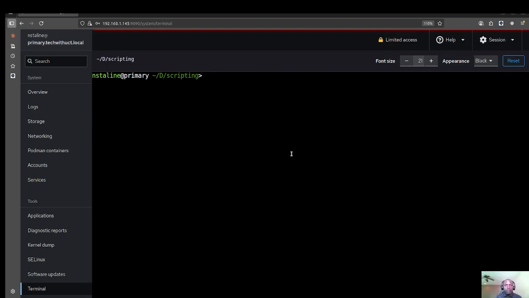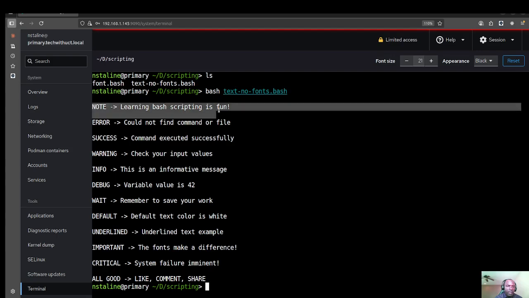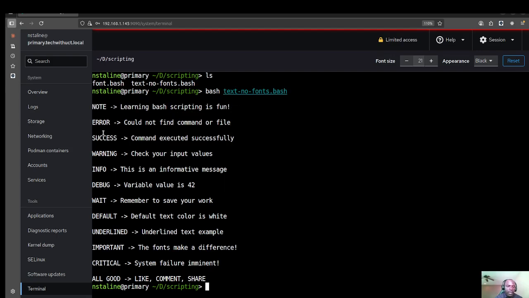All right, so why not go and do that with a script? For example, I have two files here, one with font and the other one without font. I'm gonna run the one with text no font. So if I do bash and then text no font, you should see that I have this. I have the default color that is white, which is not quite what I'm expecting. What we expect is that we should have different colors. We should be happy to share something on the screen so that people will be like, wow,